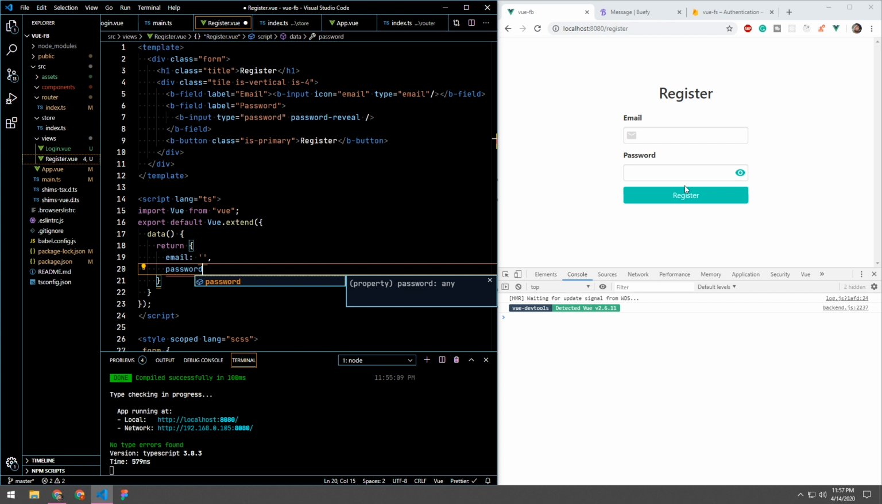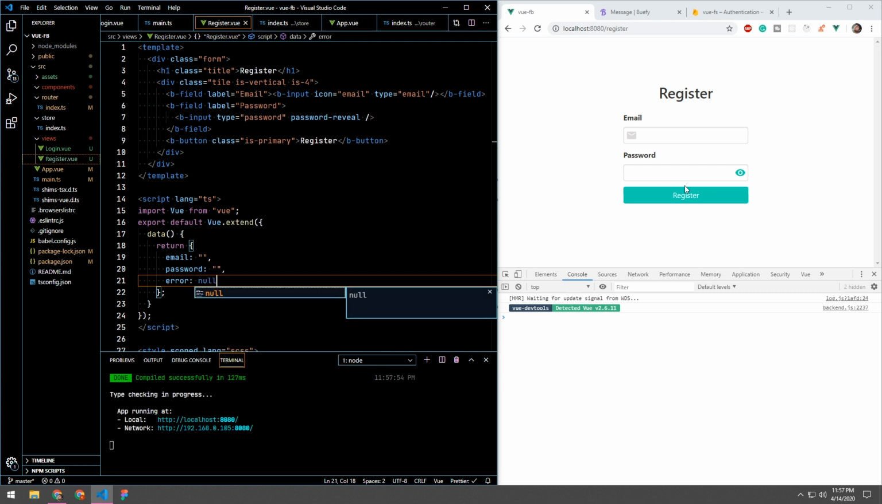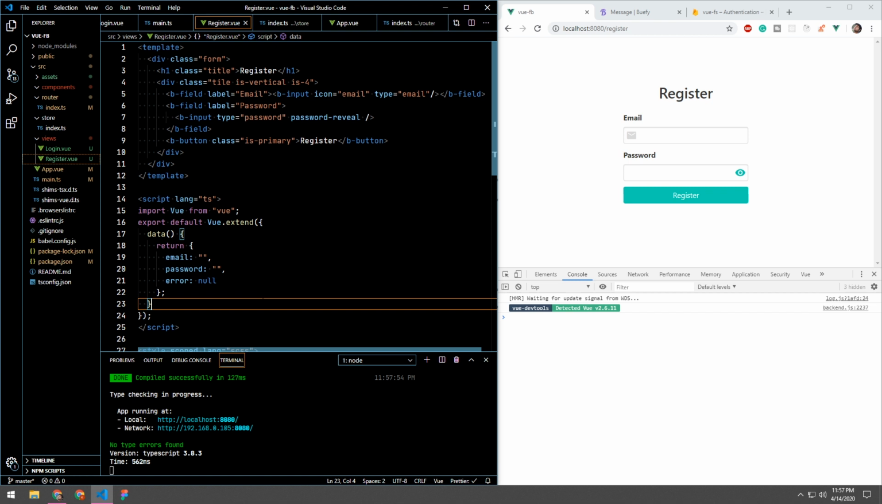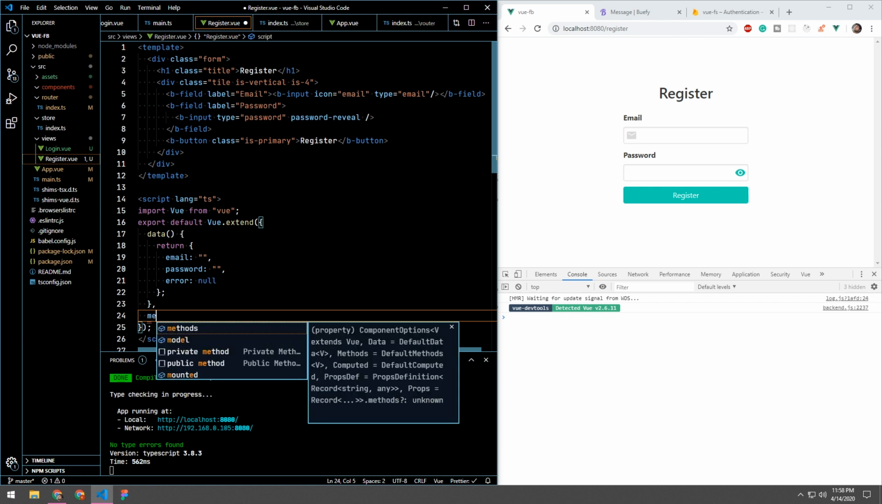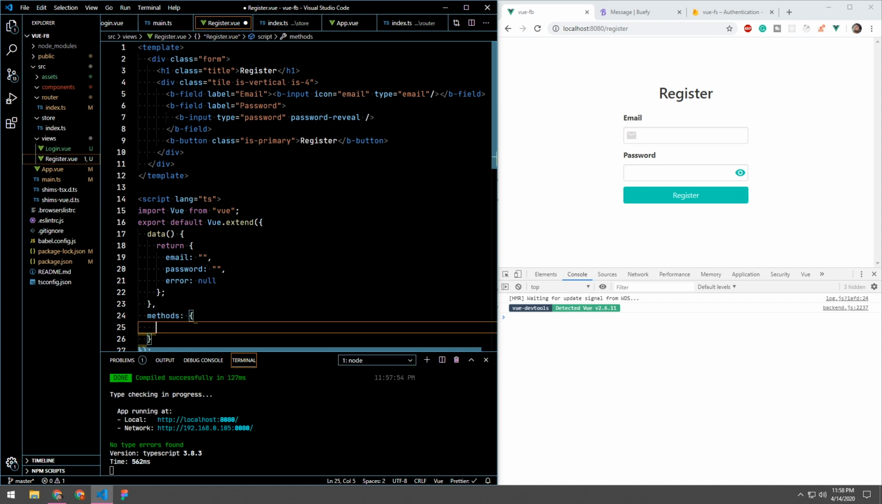Password, we'll initialize that as an empty string, and we'll have a field called error, and we initialize that to null. Okay, so let's go ahead and add another property called methods, and we'll add a method called sign in, or let's call it register,